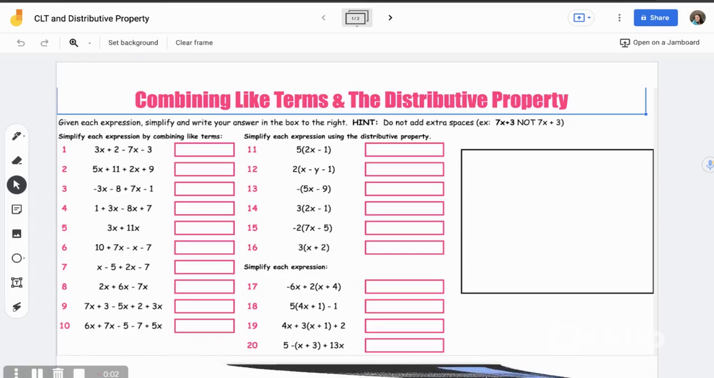All right, so in Google Classroom, you should see this assignment posted. You're going to type your answer in these pink boxes here, and if it turns red, it means you did something wrong. And if it stays white, that means it's correct, and it should make part of a picture over